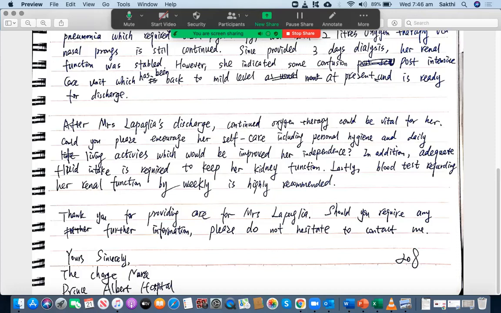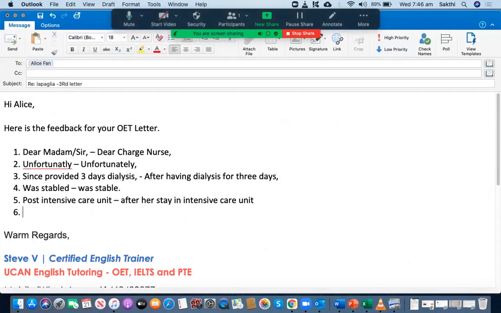and daily living activities, which would be improved her independence. No, which could improve her independence, which may improve her independence, or which would be improved. That's wrong. Okay. Which would be improved her independence. That's wrong. Okay, so what you should have done is which can or which may which will, okay, which will